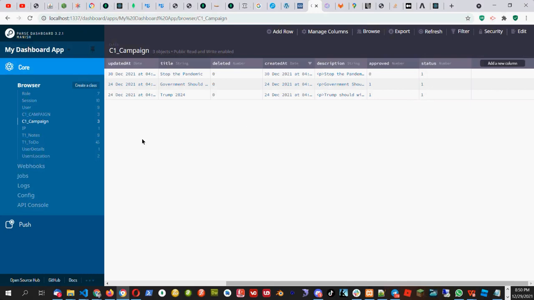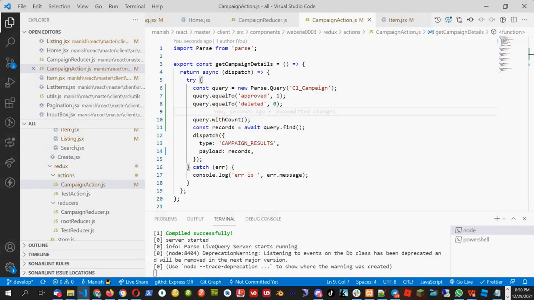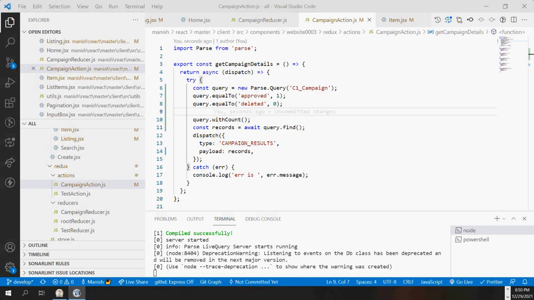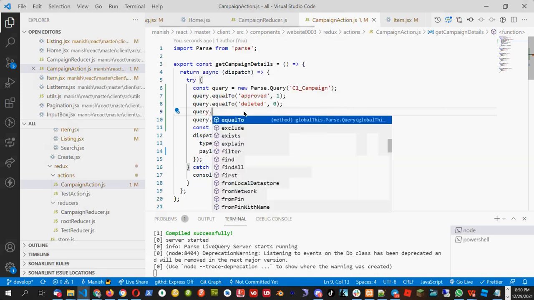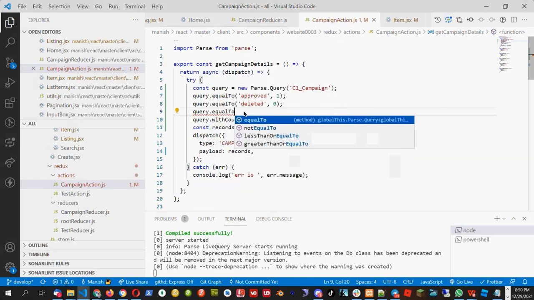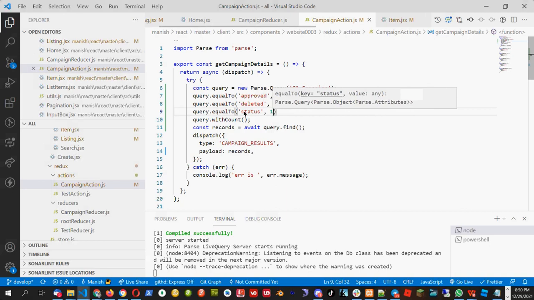And if it is 0, we don't want to show it because sometimes the admin of the campaign wants to hide it, so he will make it 0. Okay, so what should I put for status equal to? Yeah, status should be 1. So I will also put query dot equal to status equal to 1.